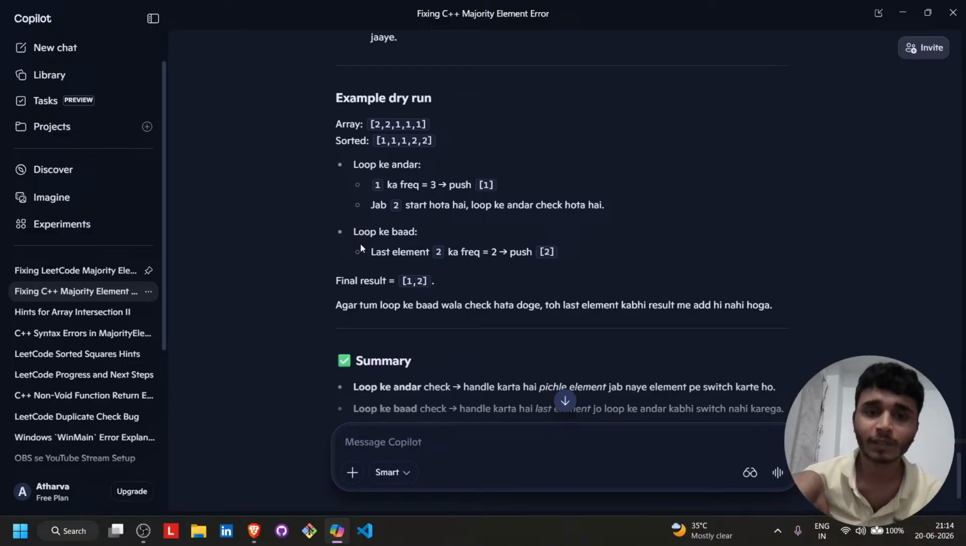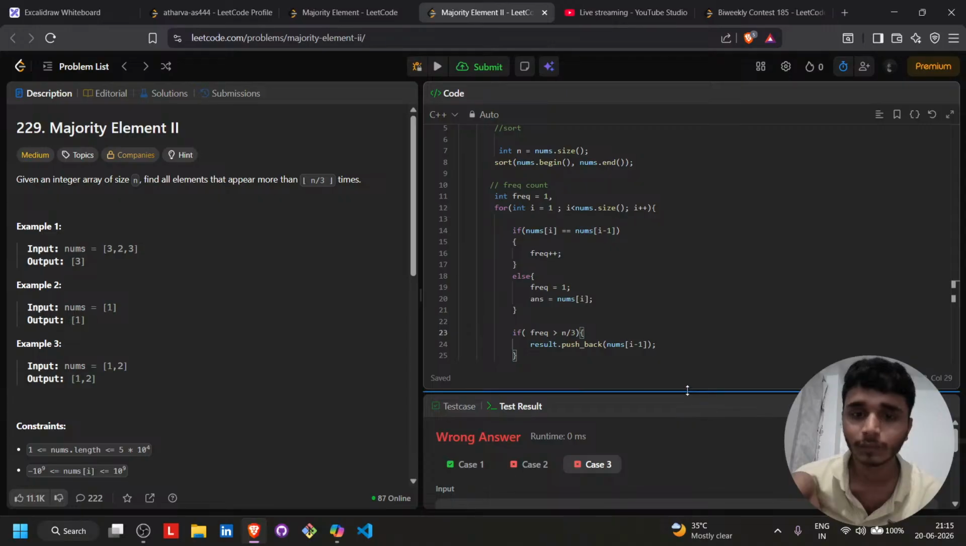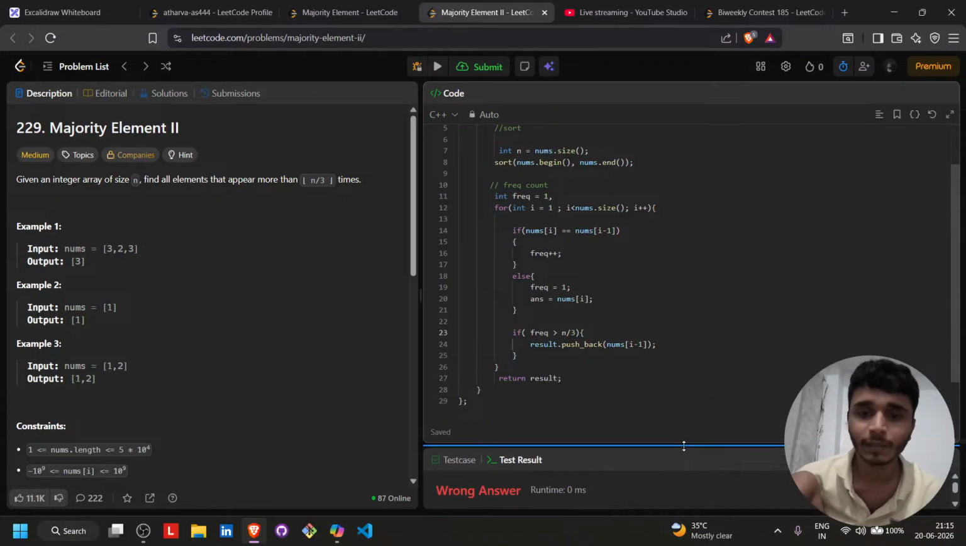After the loop, the last element is 2 and its frequency is 2. So when its frequency is 2, when it is compared, its frequency will be more than n by 3 and it will be pushed back in the result. After that, we will return the result in the last. So that's how it's working. If we try and submit it,